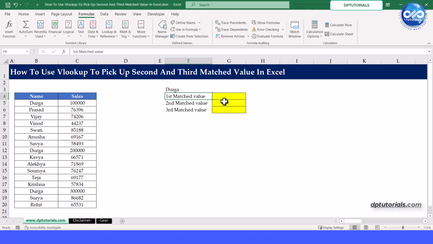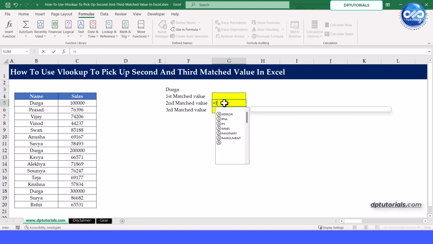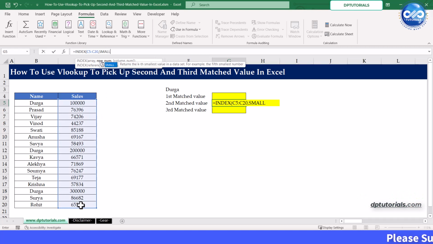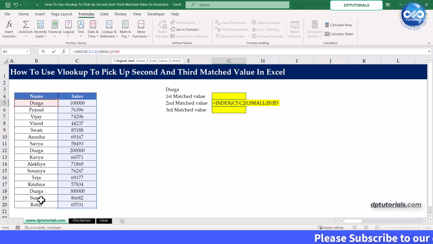Go to cell G5 and enter the formula as equals INDEX, open the parenthesis, select the range as C5 to C20 as we would like to fetch the sales values, comma, SMALL, open the parenthesis, IF, open the parenthesis, select the range as B5 to B20 equals, in the inverted quotes, give the condition as Durga, close the inverted quotes,